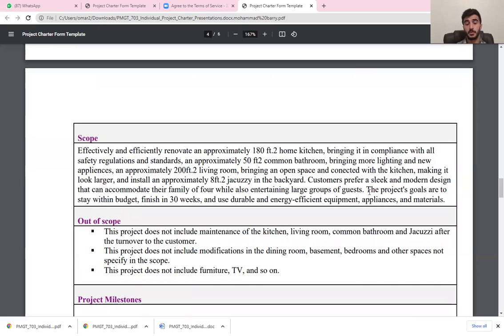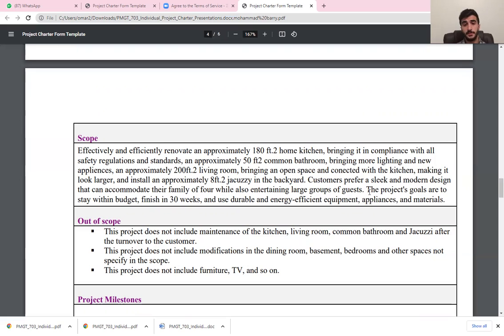Like here in our project, we have the kitchen renovation, bathroom, the jacuzzi, the fireplace. Identifying the out of scope makes things clear for the clients and the customer. You can't ask for this within the estimated budget and within the duration that we have. If you are going to ask for it, it's going to be extra cost, extra work, and delay on the project. So don't expect us to do it for free in the same time that we agreed on.